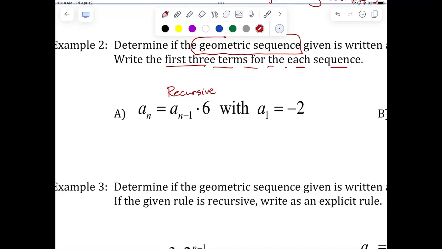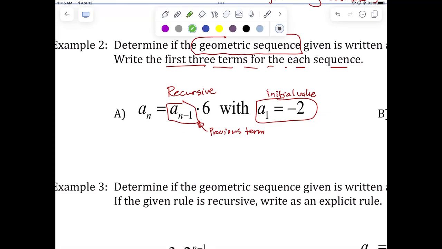Here's how you know it's recursive. It relies on a sub n minus 1, which is the previous term, and it gives you an initial value. That's a giveaway for recursion. If it says with, and it gives you a starting point, you're like, I know the starting point. Now I got to generate the rest of them. How do I generate the rest of them? What am I doing each time? I'm simply multiplying by